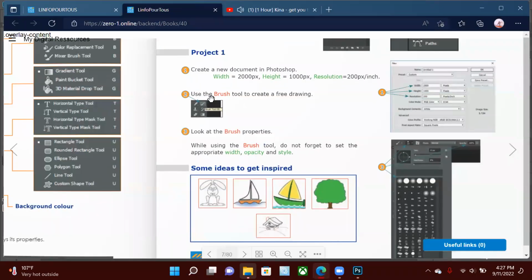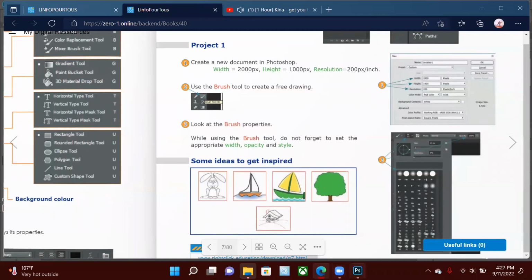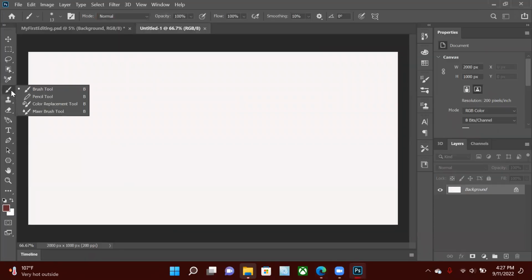Now what next do they say? Use the brush tool to create a free drawing. Look at the brush properties. So they are telling you to select a brush tool. This is a brush tool. If you click on that, you will see its properties over here. Sorry, its properties are on the top. Now what they have told you